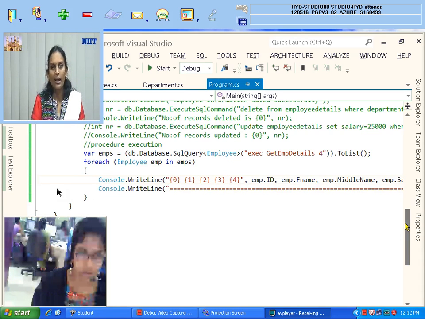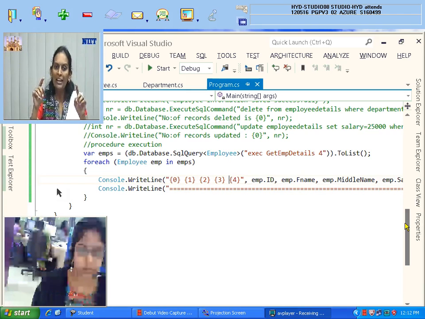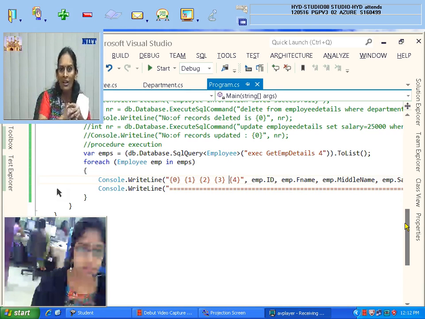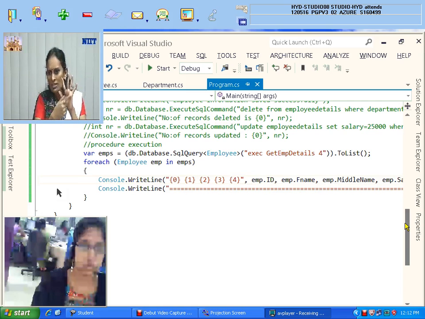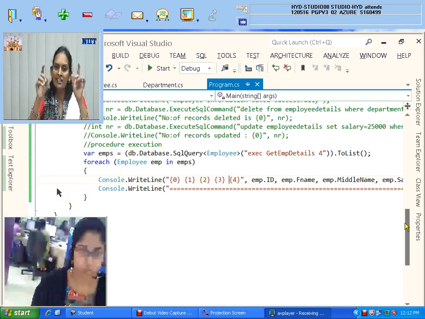If EMP is my class name or employee is my model class name, but the table name should be employee details, again I need to write the table attribute in the employee model class. Like that, in every class some column names change and some table names change, so I need to go to that respective model class and write